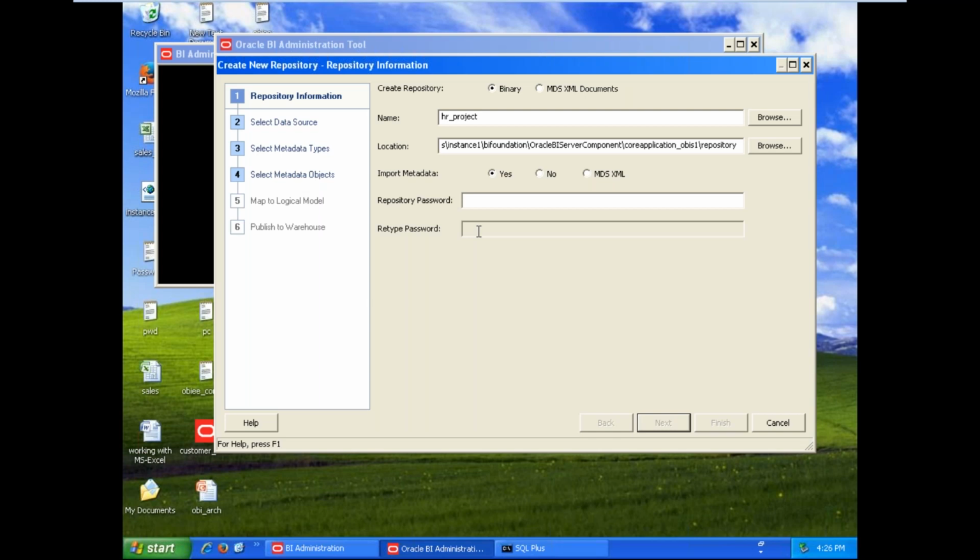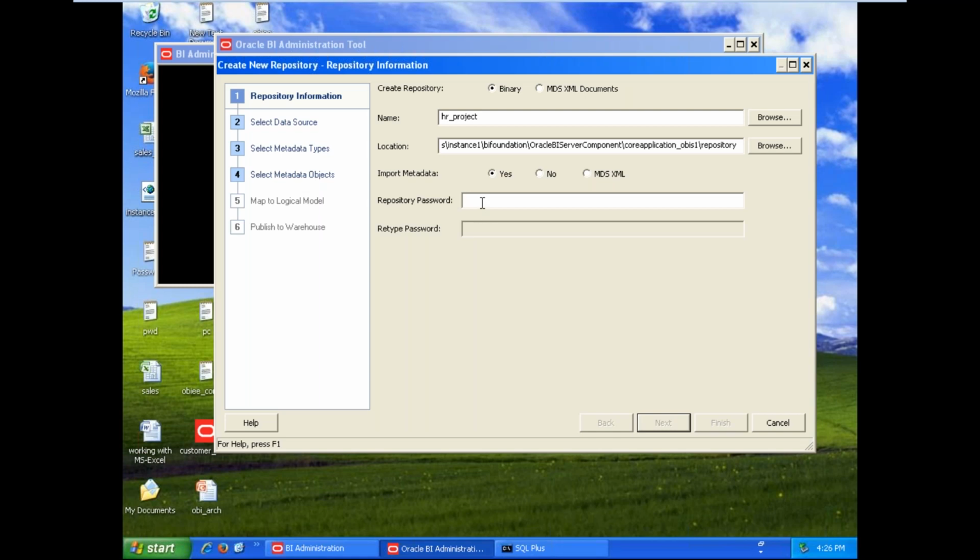In future, we can add other data sources to the existing repository also. There are no limits, because a limit would be a limitation for our technology. Our technology integrates with a number of data sources. That's why it is an enterprise technology, OBIEE, Oracle Business Intelligence Enterprise Edition. Enterprise means we can fulfill all the requirements of the business organization, not just specific requirements.